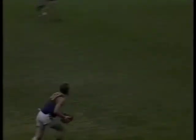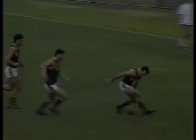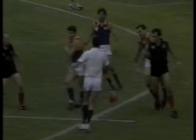Kerr chips the ball out towards the wing, looking for Lawson and Galbraith. Galbraith running with the flight of the ball, shows a lot of courage and marks the ball. We need something from Galbraith if Collegians are to get back into this game. Galbraith kicks it forward, looking for Schober. It comes off his hands. Lawson takes the spill, but the ball goes towards the boundary line, and finally Jeremy Nichols is content to see